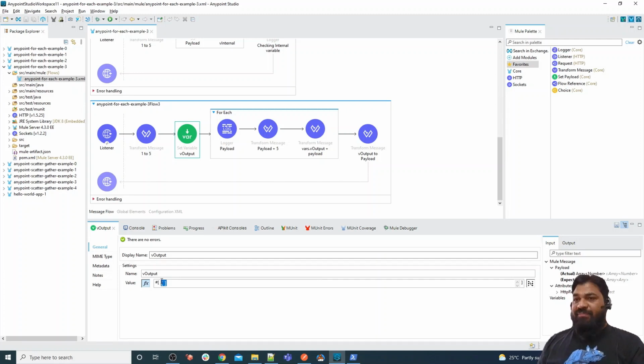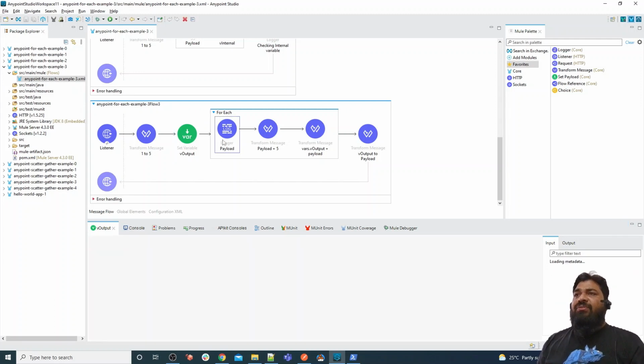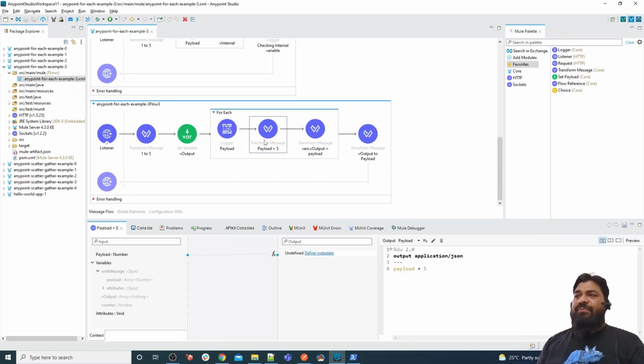This is an empty array. Here we are printing the payload, but we are also increasing the value by 5. So the first time it gives 1 plus 5, then 2 plus 5, the third time 3 plus 5, the fourth time 4 plus 5, the fifth time 5 plus 5.